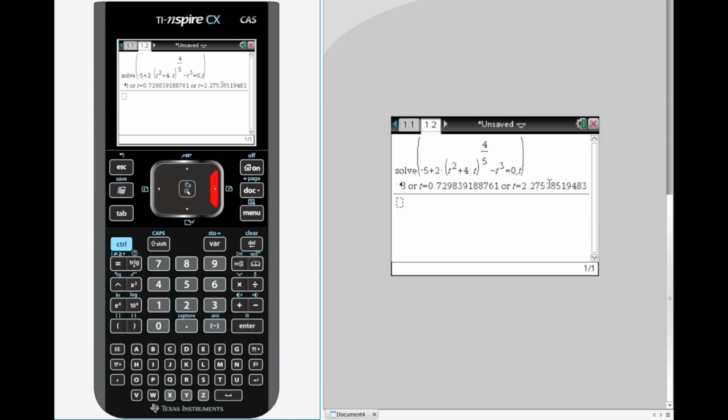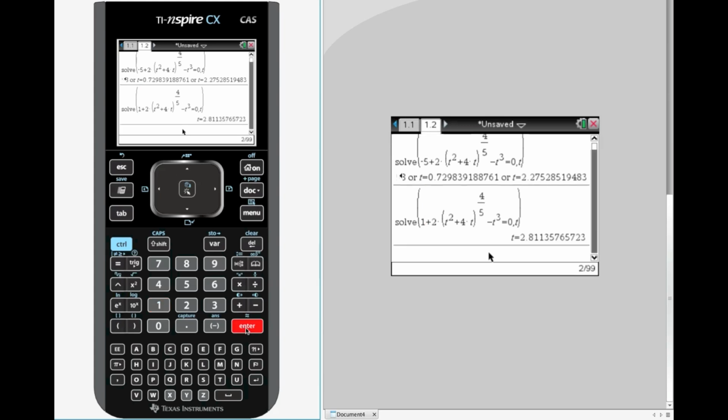Now when the velocity was equal to -3, or well actually, because we're looking for when the speed is equal to 3, but that's the absolute value of velocity. So when we let the velocity equal -3, we can set that again equal to 0. Now I'm going to come up here, type that in again, and hit enter, and then arrow over here and change that -5, because when I have the velocity equal to -3 and I add it to both sides, this is going to be equal to not -5, but 1. And hit enter. And as you will see on my blackboard, that solution there is 2.811.